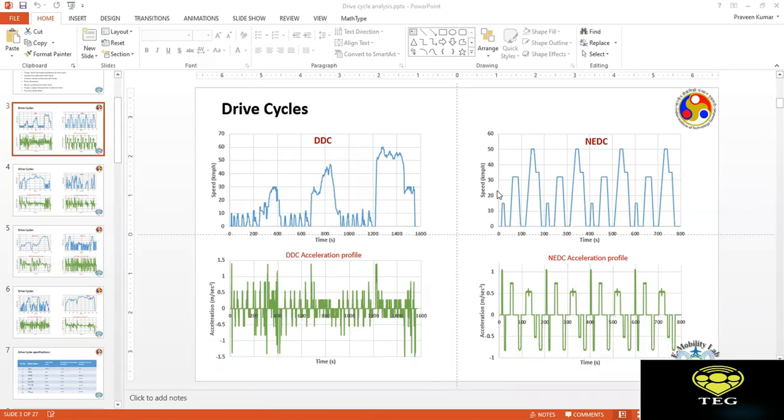Any more ideas? In the Delhi drive cycle, we see that the speed is 10 kilometers per hour, and then again it's braking and coming down to 0. And you said, sir, that frequent braking at low speeds is not helpful, meaning the efficiency reduces. So for that, I think the power of the prime mover for vehicles on the daily drive cycle should be higher, because it is braking at low speeds and it is not helping the efficiency.